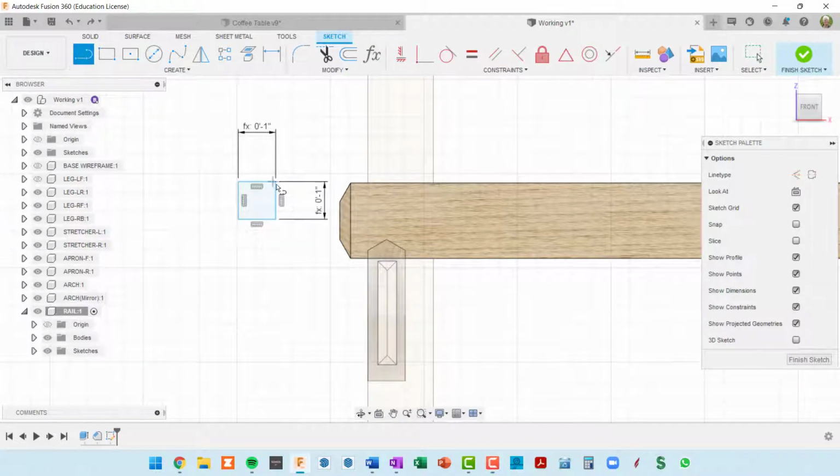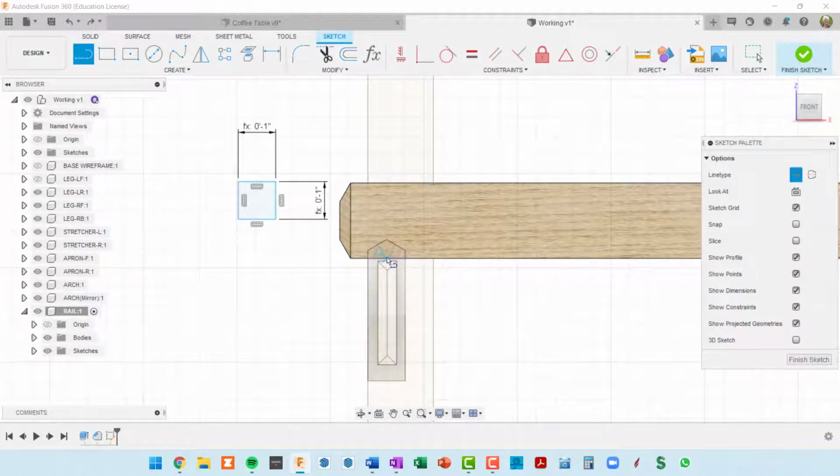Let's see if I go in with a line tool and I kind of hover around here. I'm getting the midpoint of the arched piece, which is great. Now, is that still going to be there when I try to do a midpoint constraint? Let me click on midpoint, and I'm not getting anything, so I'm going to hold down my shift key. Still not getting anything. Okay, so then I'm going to go back to my line, make it a construction line,